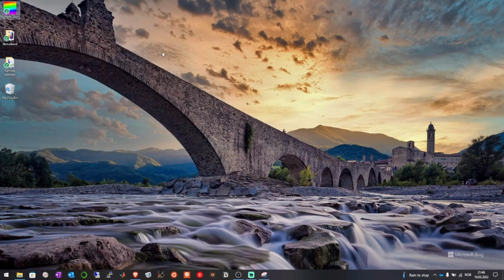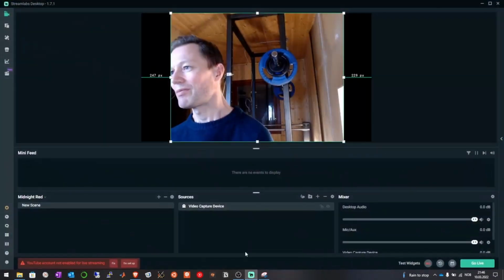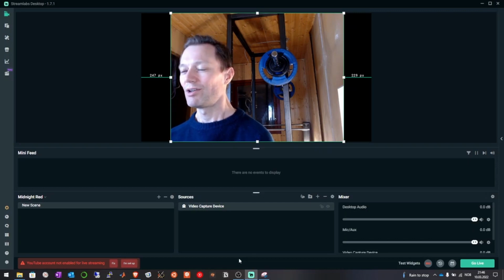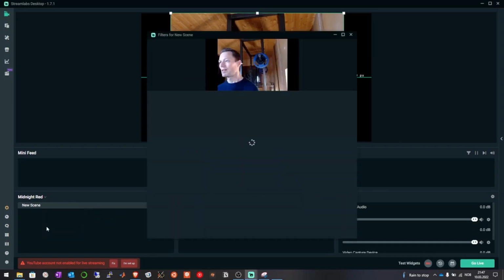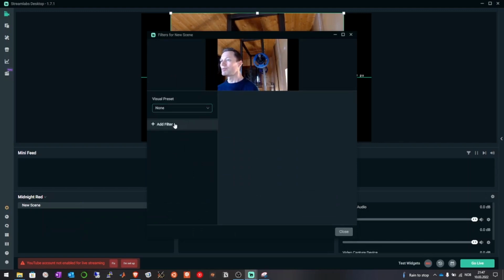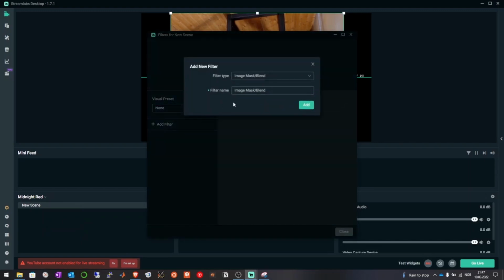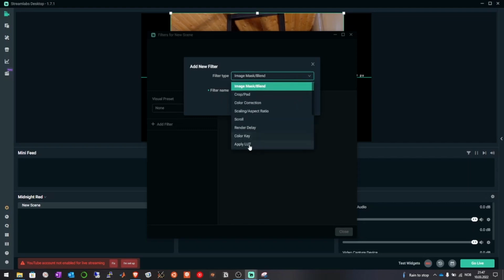Just press enter, and now I could go to Streamlabs OBS, and I was fiddling a little bit around to find where to set the LUTs inside Streamlabs desktop, and you could press the right button on the new scene, and under here you have filters. So on filters you select add filter and use the apply LUT, add,